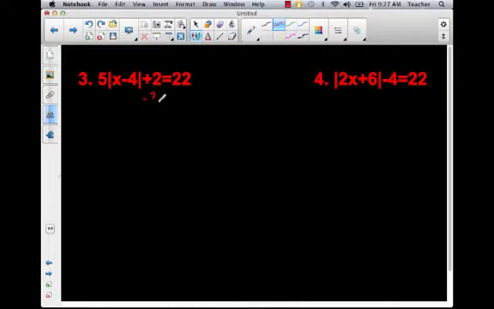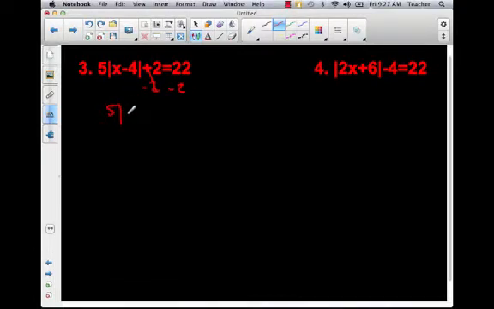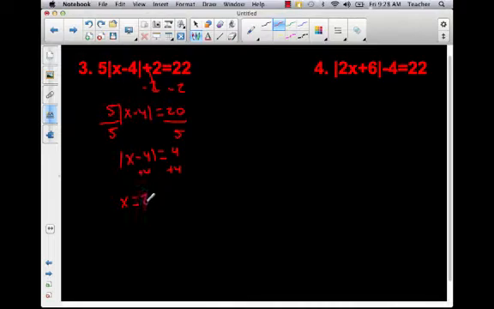So we'll subtract 2, get rid of that, which would leave 5 times the absolute value of x minus 4 equal to 20. And since 5 would usually multiply out like that, but it's not going to, we're going to divide by 5. Get rid of it. Divide by 5. 5, 10, 15, 20. So we have x minus 4 is equal to 4. Okay? And then we add 4,